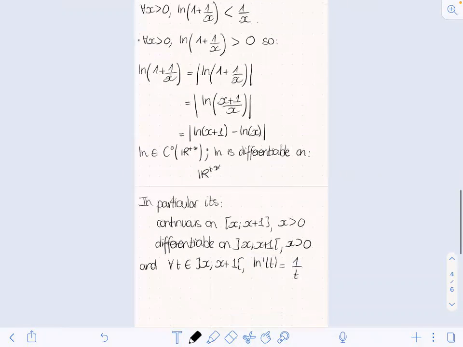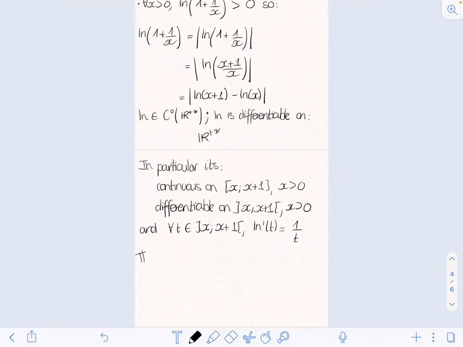And so now if we use the mean value inequality,